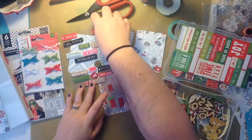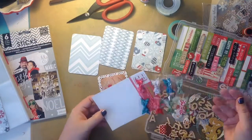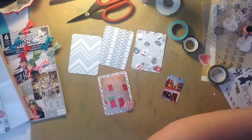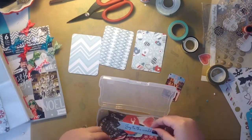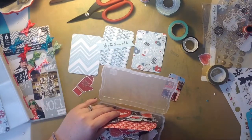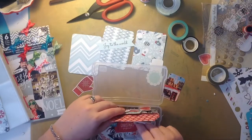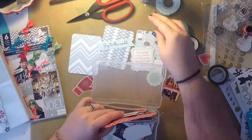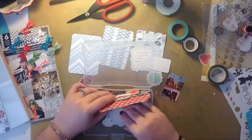So right now I'm just looking through some of my embellishments, and those bows right there, they're American Crafts. If you've watched all my December daily videos, you'll see that I went through a whole pack of them already, and this is my second pack. I'm so glad I got 2 packs. I really like these little bows. They're super cute. They're easy just to put somewhere where you don't really have anything else to put, and they have great colors. Red, green, aqua, and some of them have different prints on them, and I think they're just really cute. Right now I'm just pulling out some embellishments,